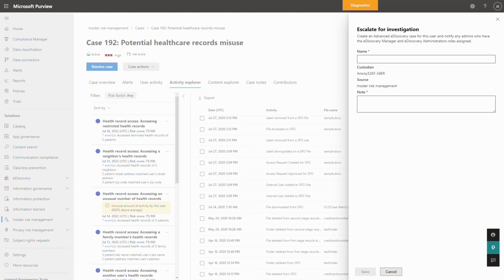And what happens when your security team has investigated a potential data security incident and found that it is a credible risk, or even one that might require further action? Oftentimes, this is when the security team will need to engage with your legal group, and that's where our integration with eDiscovery Premium helps. You can take the content from a case and escalate it for an investigation into an eDiscovery case. This helps you neatly package the contents and assets most relevant to the case and send it to your eDiscovery team, which can be incredibly helpful because oftentimes the trickiest part of eDiscovery is the discovery bit.